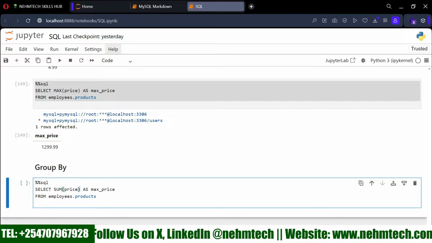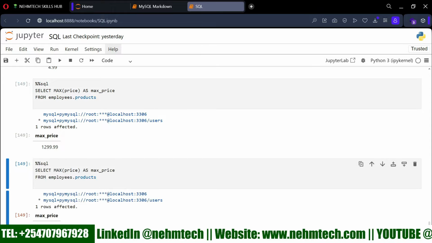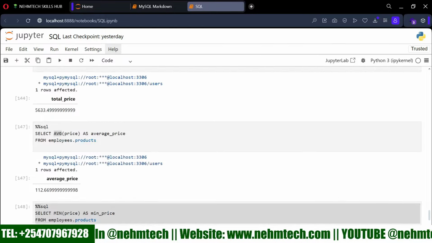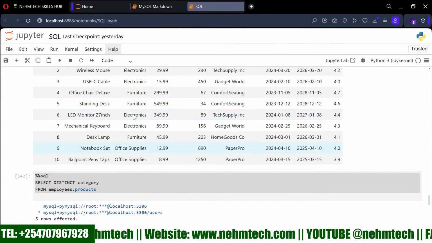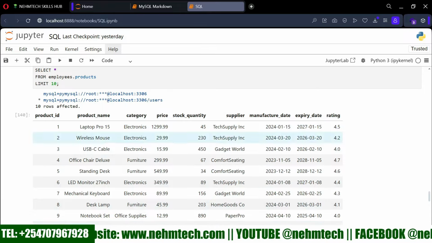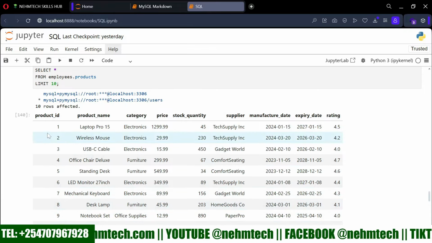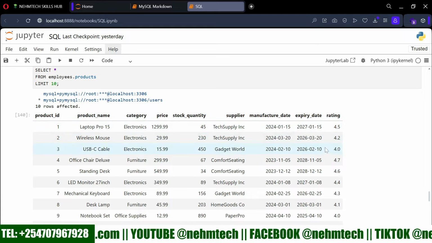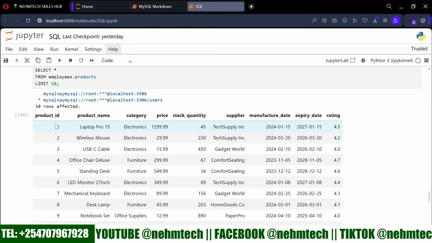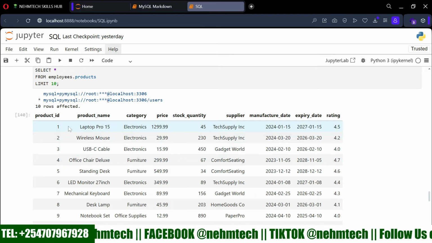By the way, on this one, we also have another one called count. Let me try to duplicate this one. Basically with count, you are counting the number of records. For example, you wanted to know how many products were there. So the products will be counting the number of records. Remember, when you're trying to do a count, it is not restrictive to the column, because as you notice, for example, when this product ID has one record,